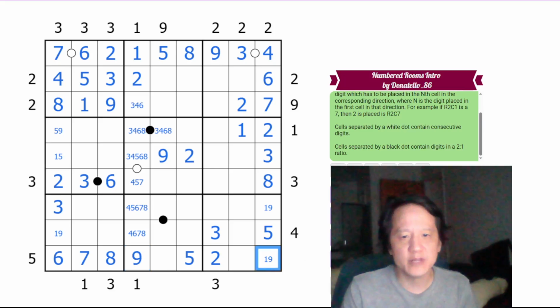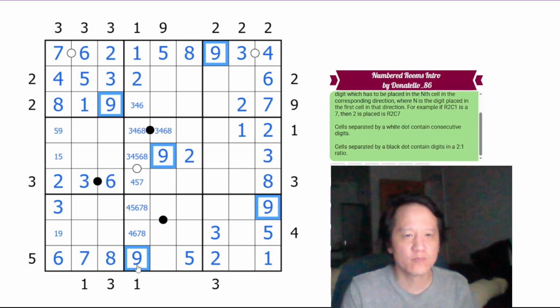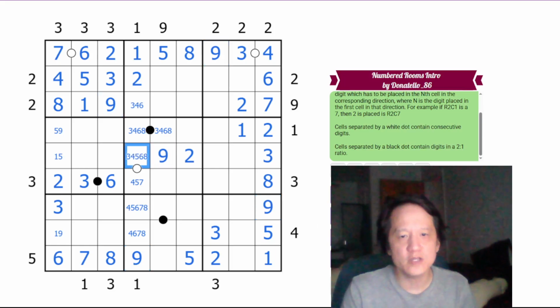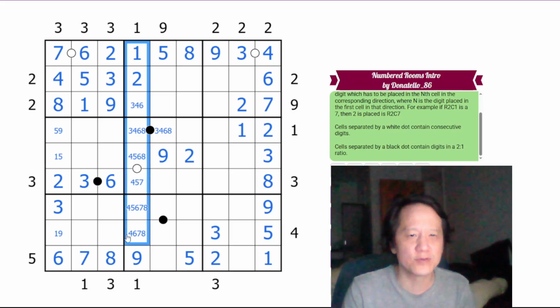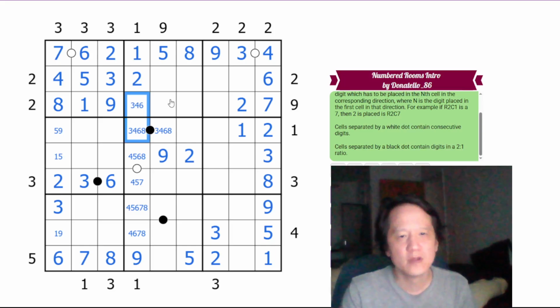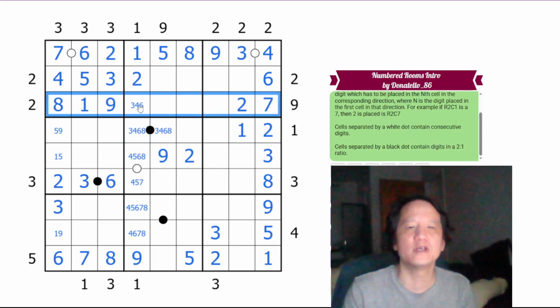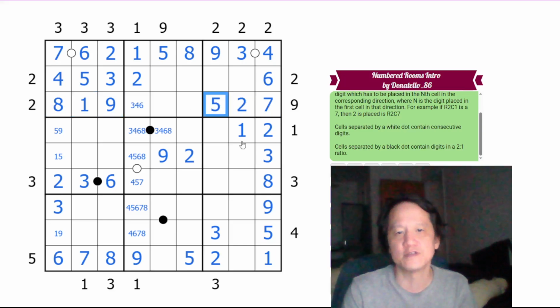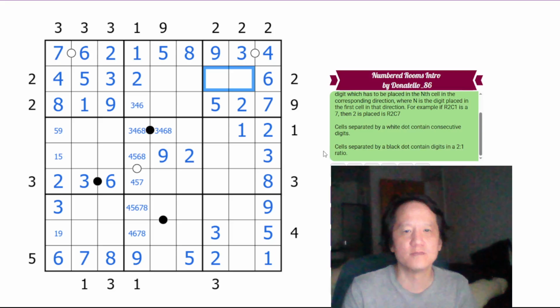This 9 eliminates 9 here, so this is 1. This is 9. This can't be 3 because of the 3 in the row. Where is the 3? It's one of these two, but that's still pretty broad. Okay, where is the 5 in row 3? Cannot be here because of the 5 in the box, and the rest are filled out, so this is a 5. That leaves us a 1, 8 pair here, and this can't be 1 because of the 1 in